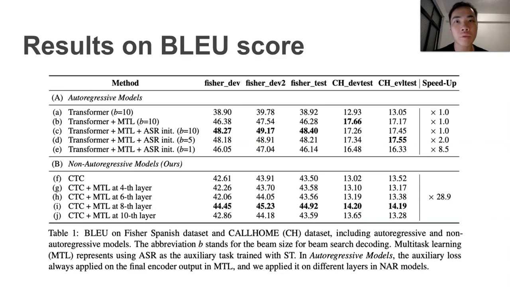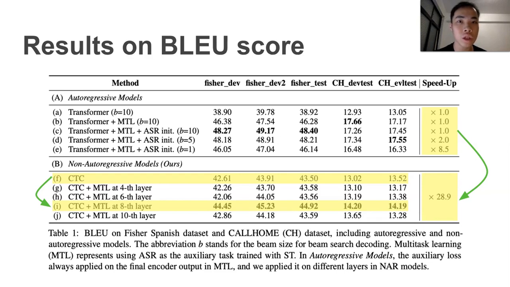In the experiment, we found that although monotonic alignment did not exist in speech translation task, CTC-based model still performs not bad, and our proposed multitask model can achieve even better performance than CTC baseline model. And it also obtains a speed up around 30 times compared to the autoregressive models. Okay, now my partner Chih-Chiang Chang is going to introduce more detailed results about the reordering correctness.